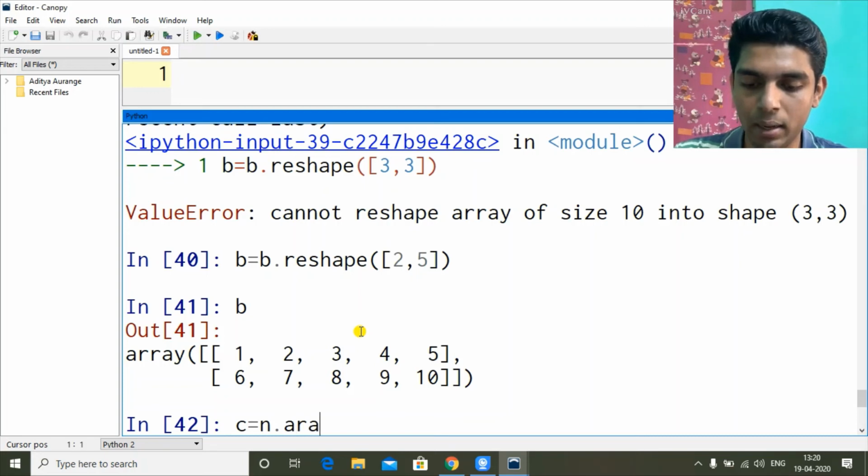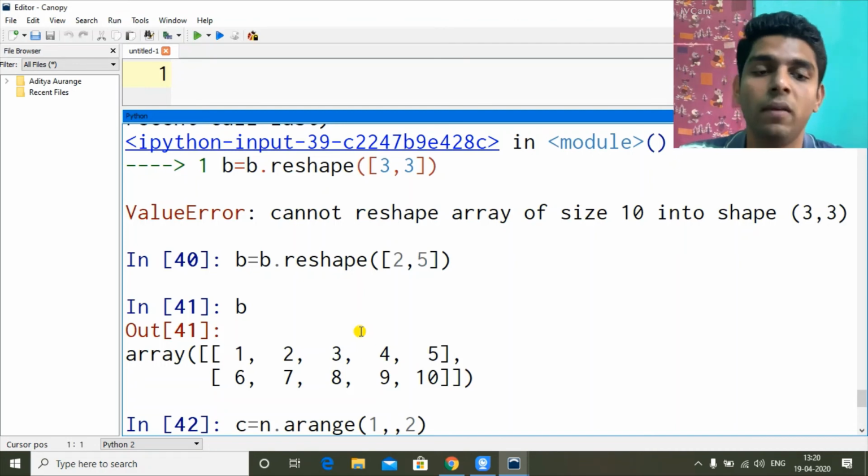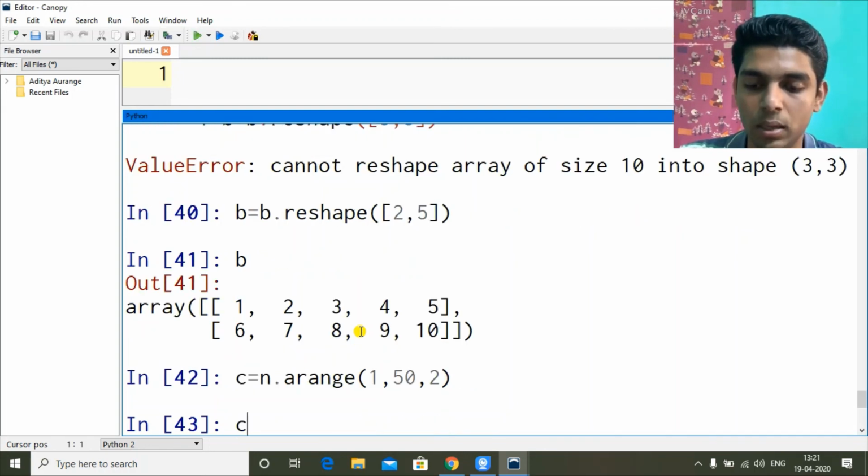N dot arange. So starting value is 1, odd values, ending value is something, stepping is 2. Now ending value, if I give 50, so 1 to 49, that will make 25 values.